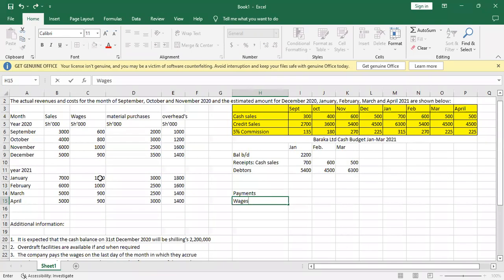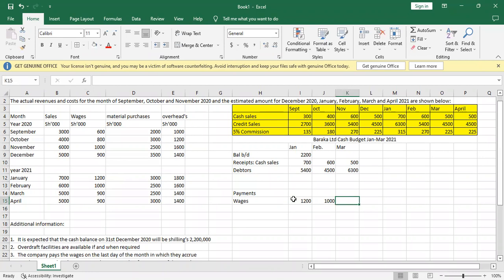So wages for January is 1,2. For February is 1,000. For March, wages for the month is 900, right? So that is wages. Then we go to